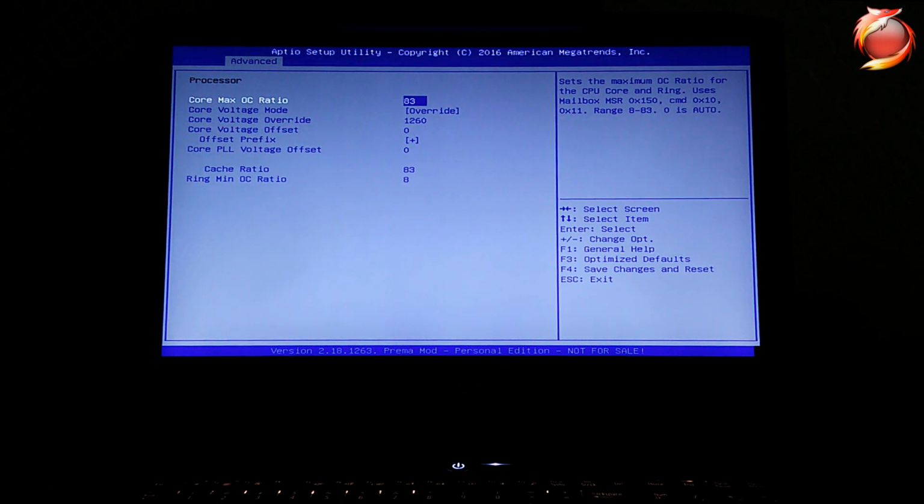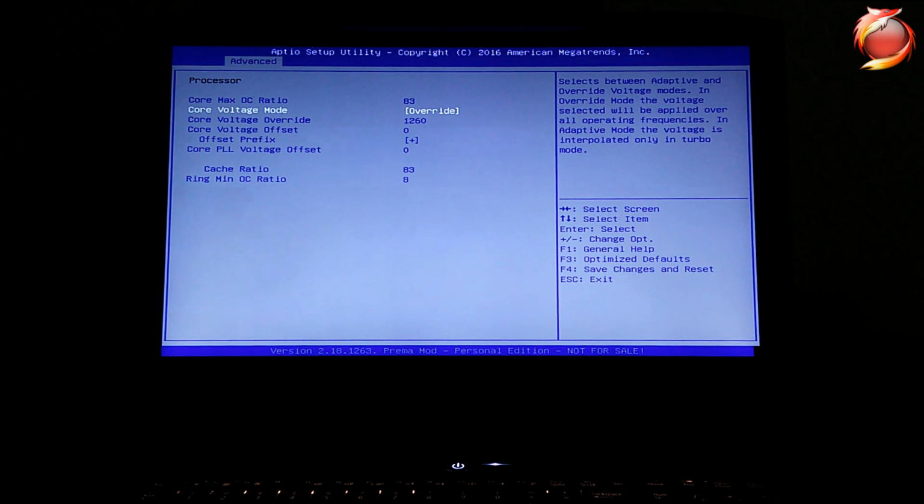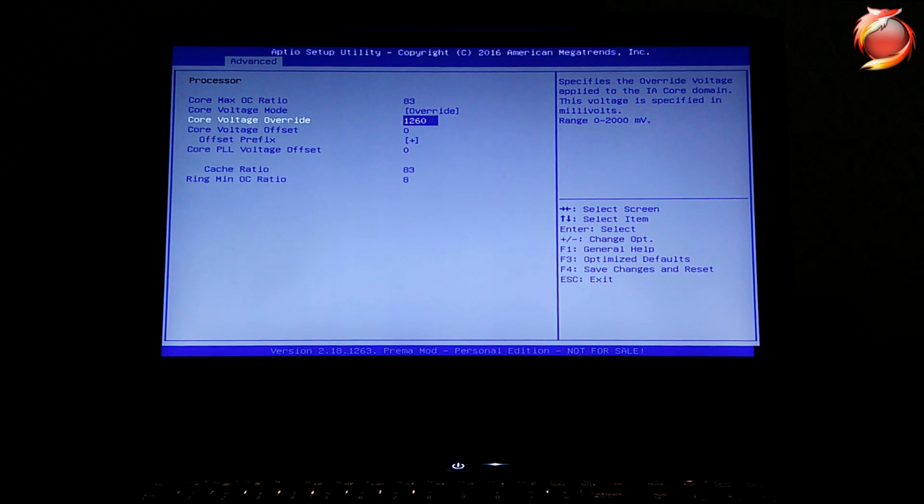So for 5 gigahertz, I'm using static voltage, which I use for everything, static voltage or override. I find it more stable than adaptive voltage. And I'm using 1.26 volts for the CPU to run 5 gigahertz. I have my minimum ring overclock ratio set to